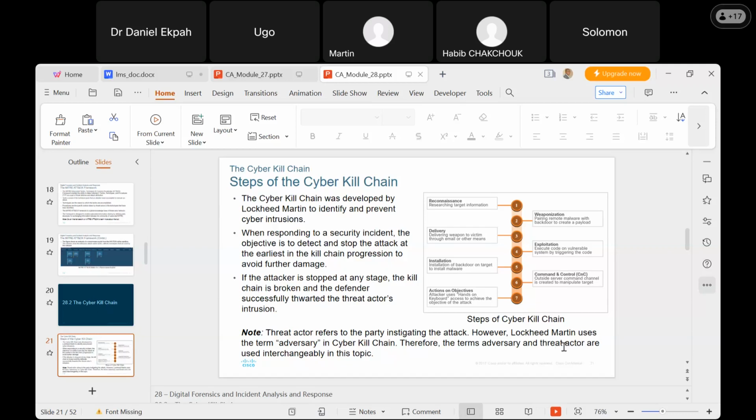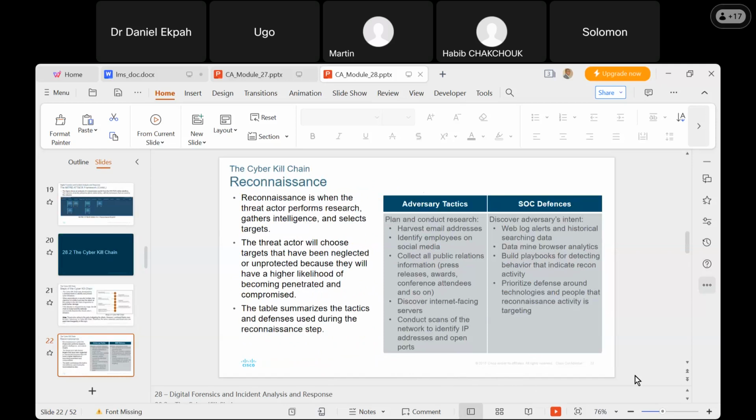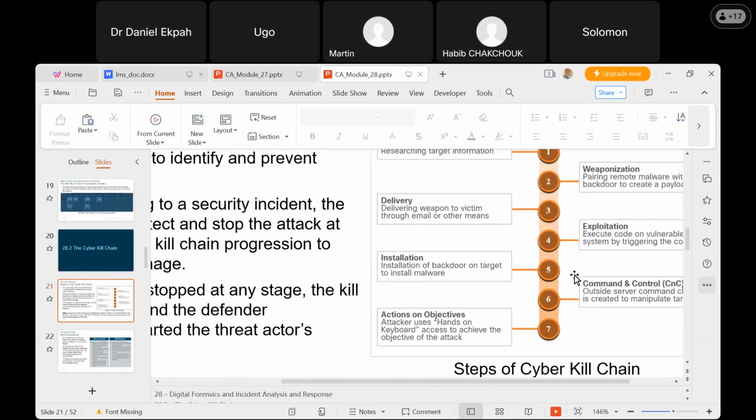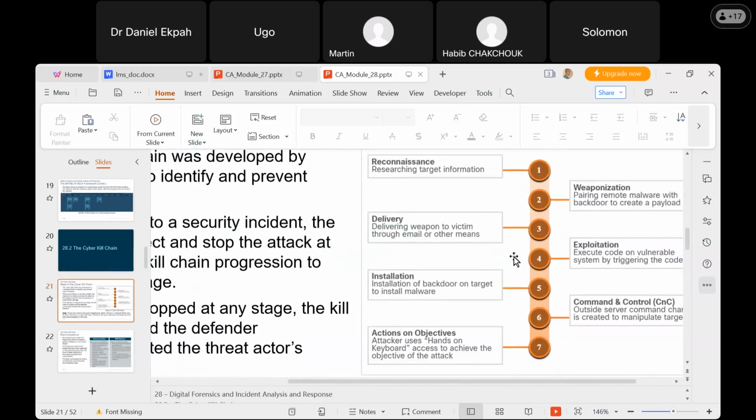However, Lockheed Martin uses the term adversary in the cyber kill chain. Therefore, the terms adversary and threat actor are used interchangeably in this topic. So in case you hear adversary, we're also referring to the threat actor. If you look at what we have here, you can see the chain,